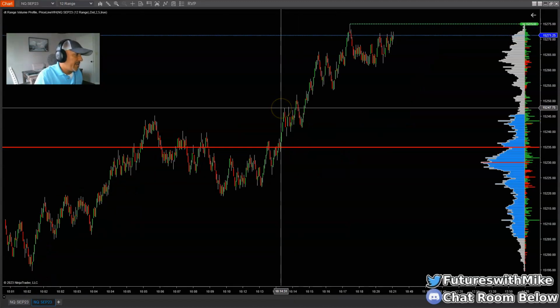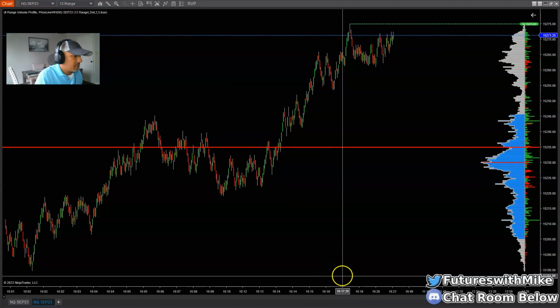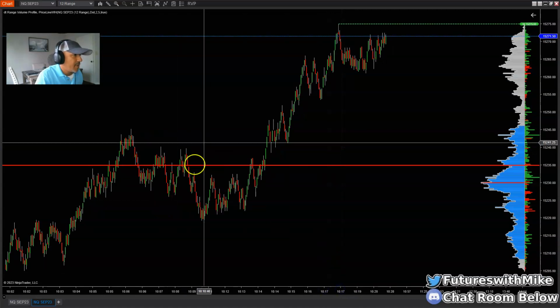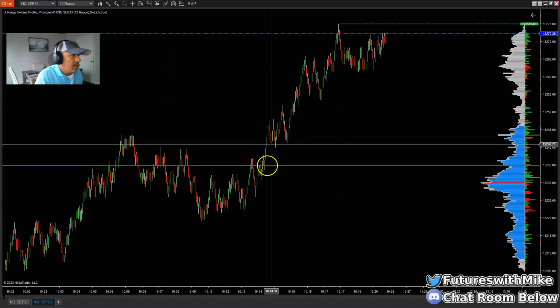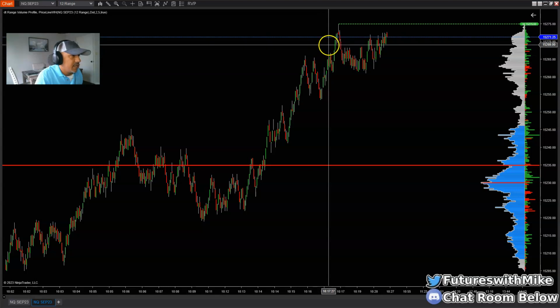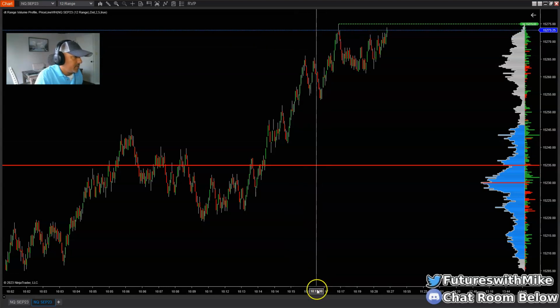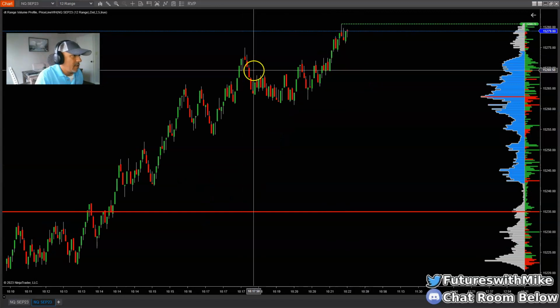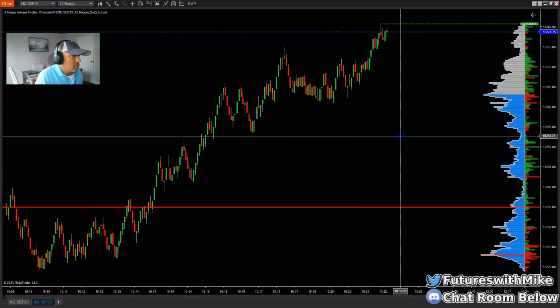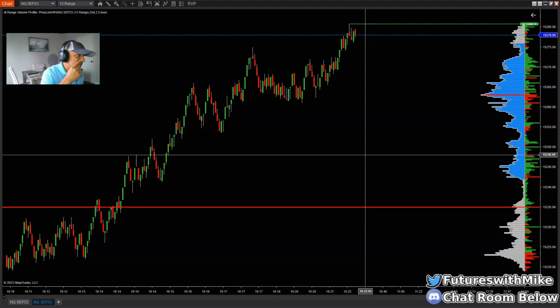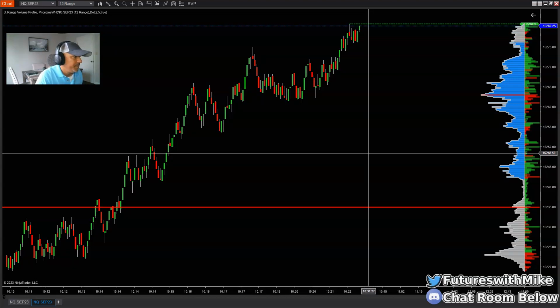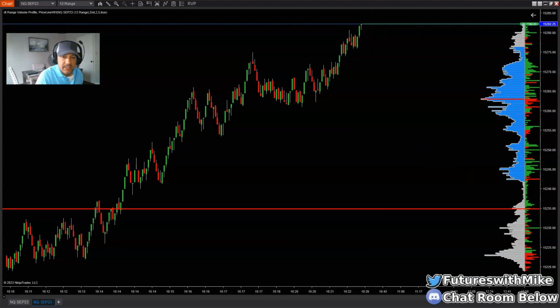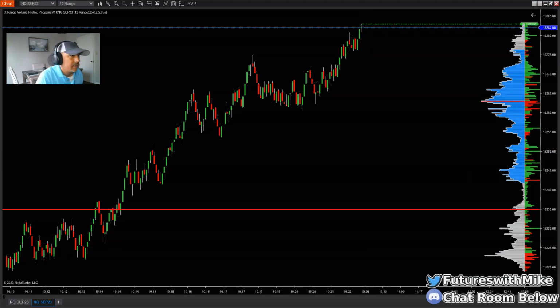Not only are we bullish on the NASDAQ on the 60R, but on the 12 range chart, my scale down chart or lower time frame, we're bullish just as well. You can see price is still swinging to the upside. So just have to be mindful of that. I personally would like to see some area or pullback to go long possibly on the NASDAQ and possibly fill in some of those areas on the 60 range chart, because the market looks like it's definitely trying to pump to the upside.